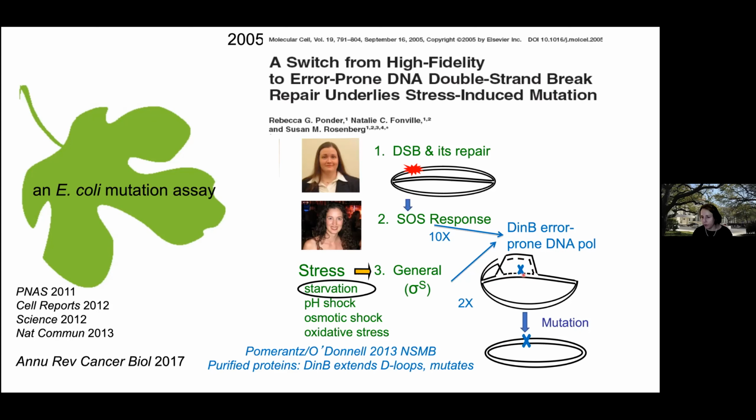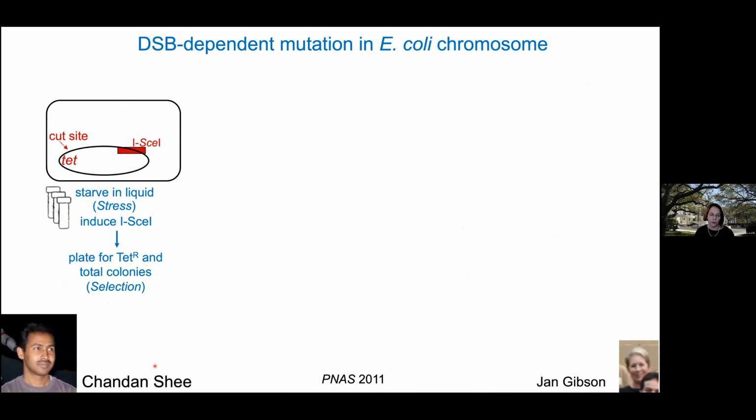Parallel lines or strands of DNA, dotted lines are newly synthesized DNA, and the X means a polymerase error that becomes a mutation. This model that came from Becky's in vivo work, we were so happy to see that biochemically it holds up. Mike O'Donnell's lab showed, and we know a lot more about it. This is a review that would be helpful if you're interested in more.